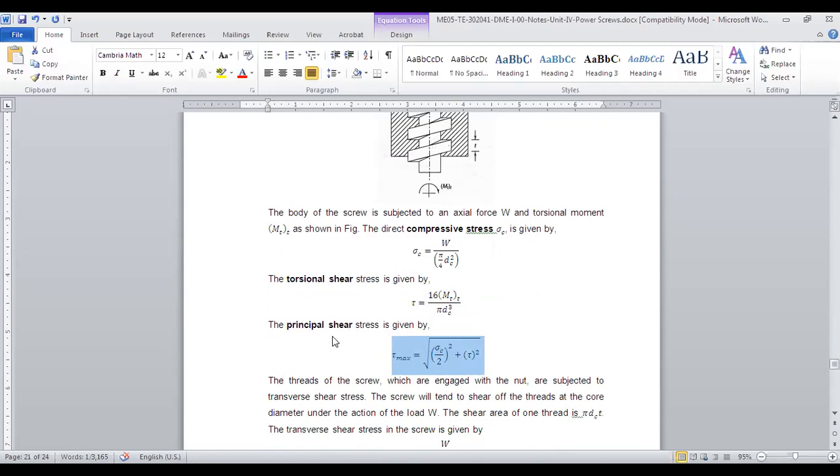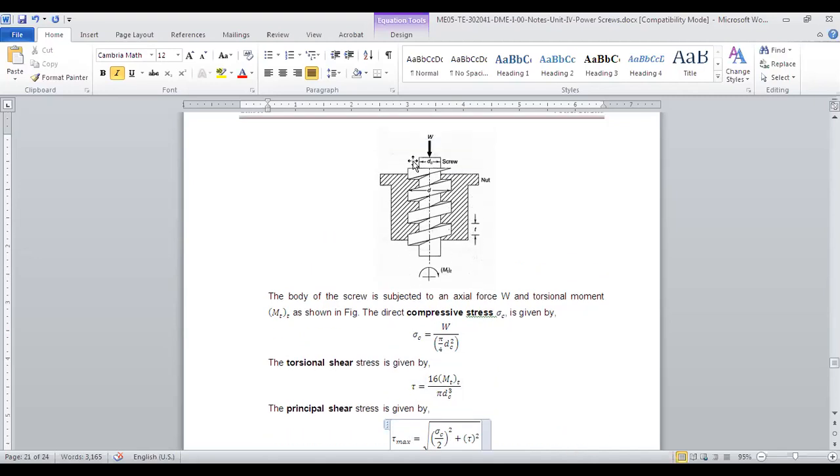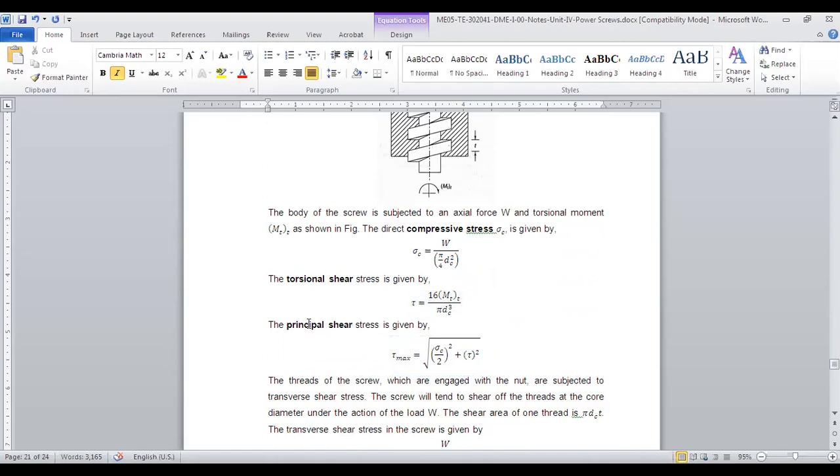So for the design, we will be given a limiting stress, right? As usual, sigma yt will be divided by a factor of safety to get the allowable stress, multiplied by 0.5 to get tau allowable. Are you getting my point? This is how you will do the design. Simple. You will have sigma yt divided by the factor of safety to get sigma allowable, multiplied by 0.5 to get the allowable shear stress, and use this equation to get the core diameter. Okay, this is the approach we'll take for the design. So we have seen now the core part will fail because of two stresses, compressive and shear stress because of the torsion, and we use a combination of these to find the principal shear stress.